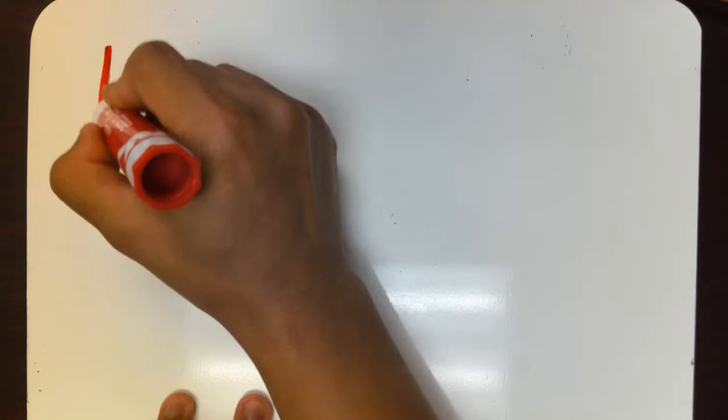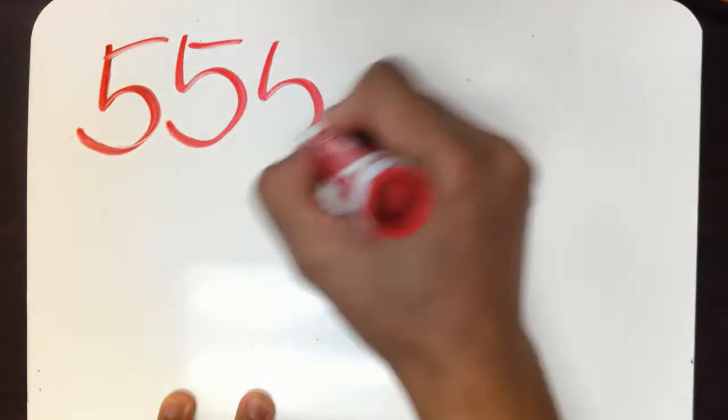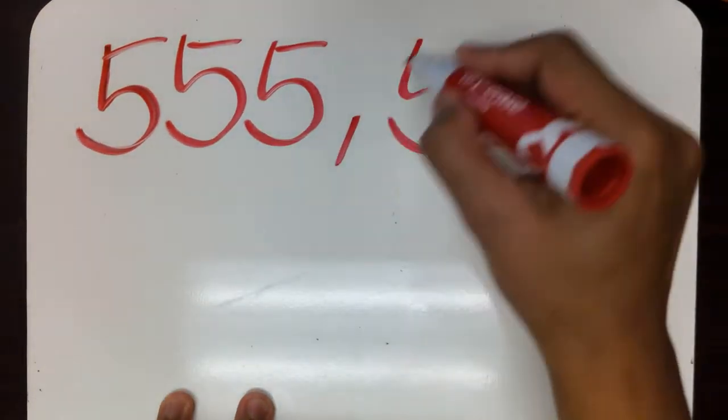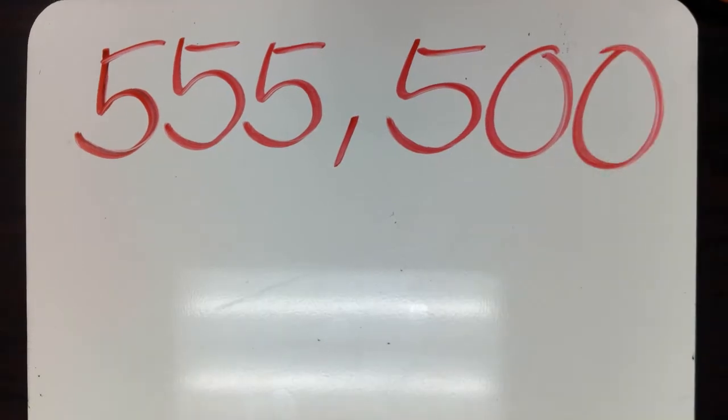Okay, so this time you are asked to write scientific notation with 3 significant figures. Let's start with the first item. The first item is 555,500. Because you are asked to have it in 3 significant figures, underline first your first 3 significant digits, which